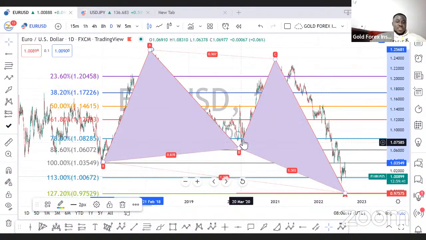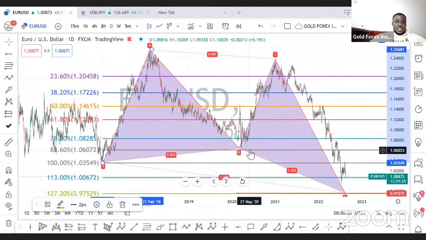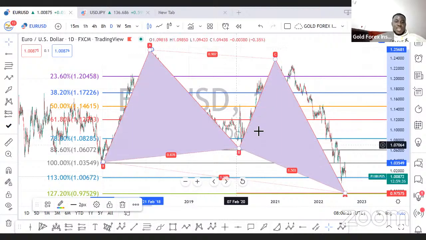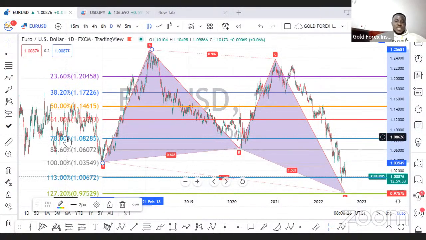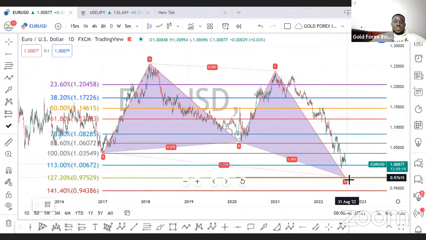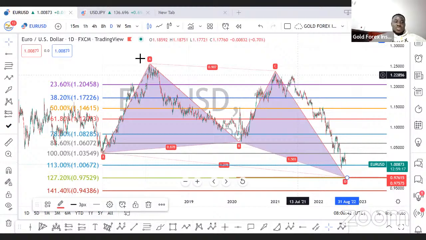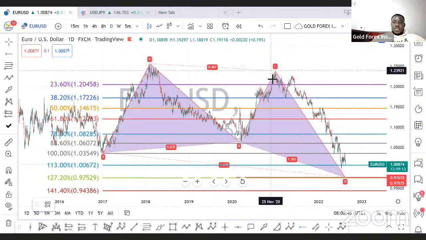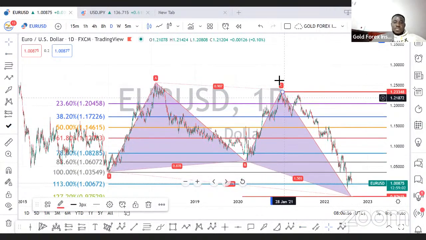This ended at 78.6. It didn't tie the 88.6. So that means I'm expecting an AB equals CD pattern, and 78.6. Yes, this was a break of market structure from this impulsive move. Now that means it's coming to 1.272 to form a bat pattern. Look at this formation too. So wave 1, 2, 3, maybe there should be a pullback. So there should be a buy opportunity over here. Then it will close over here.